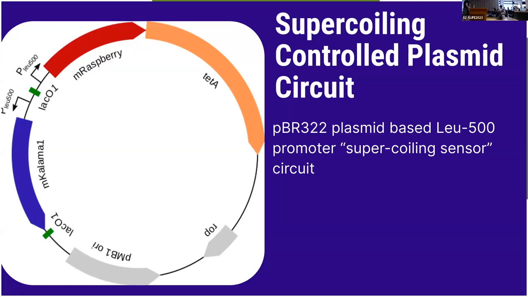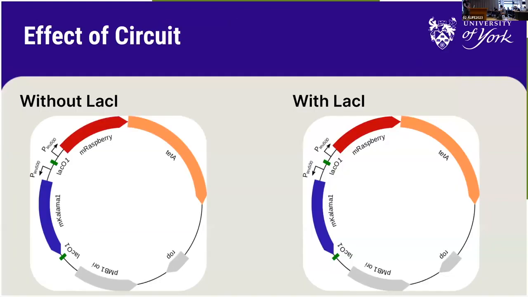So if this works, that all works and it does what it's supposed to, but we want a circuit, so we don't want it to always do the same thing. So we've also got these lac operon points. Now, these are designed to bind with lac-I protein. And when they do that, they also bind with each other, and they make a nice little loop. So here we have the circuit without lac-I. And if that works out, the supercoiling propagates backwards, and raspberry turns on, and calama turns on, and we get